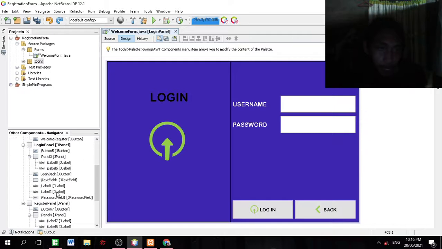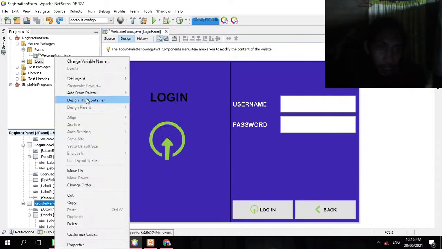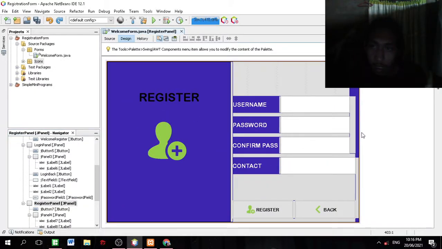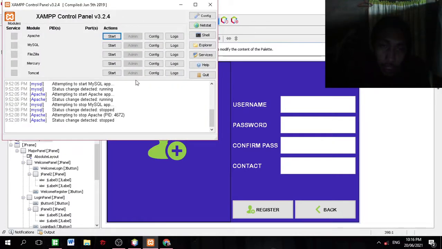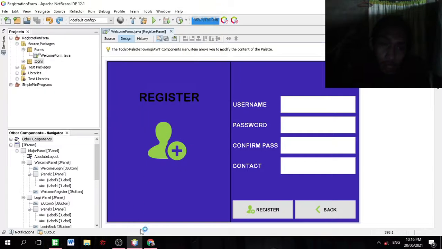Forget it, I don't want to do that. Forget all of that. Let's go to the xampp. Let's start this because we are going to insert data to our database. Start, go back, go to the browser, any browser,